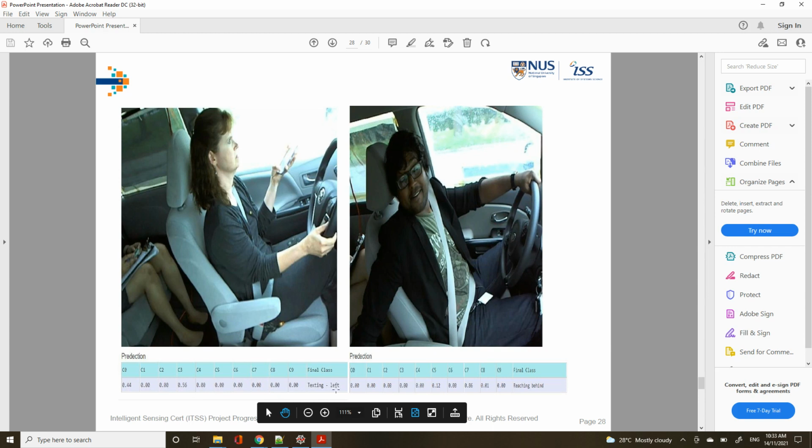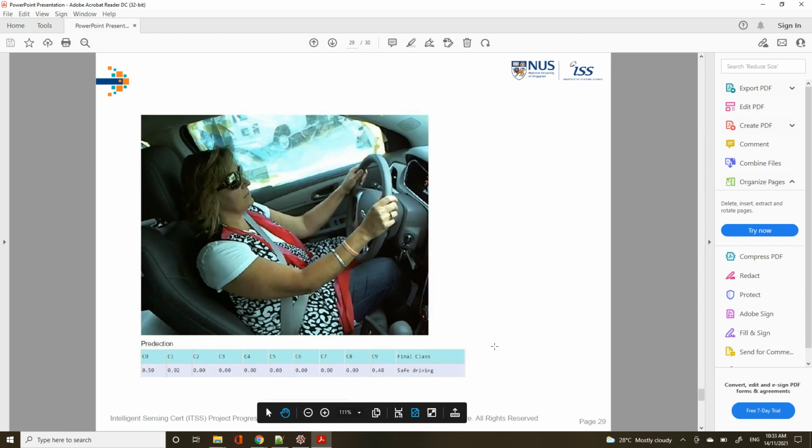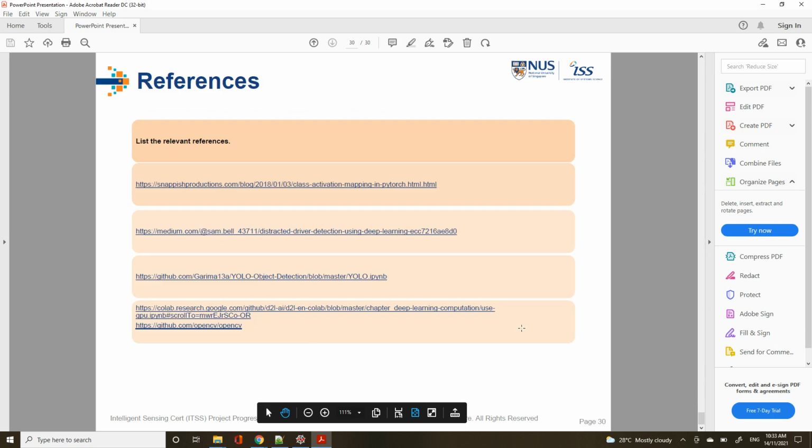She is testing left, reaching behind. Safe driving: she is driving safely, so C0 is 50 percent, C9 is 0.48, C1 is 0.02. So these are all some references.